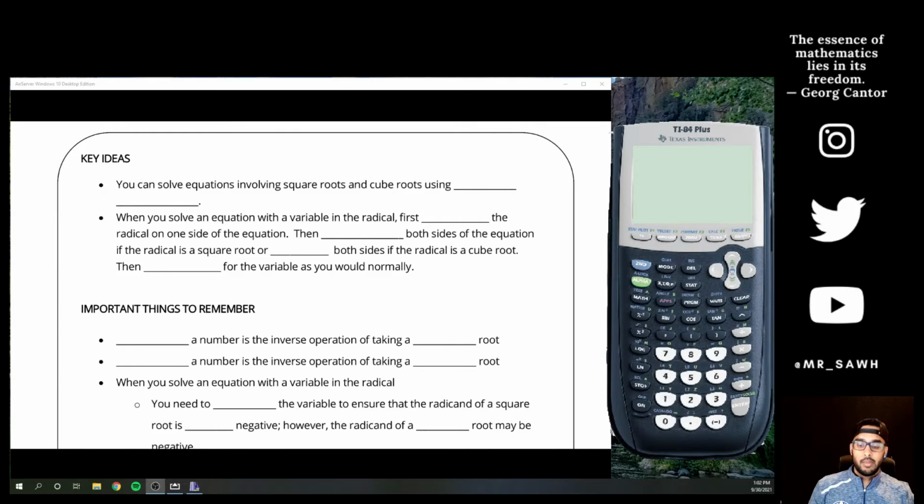Alright everybody, welcome back. This is our last lesson on radicals, where we start to talk about solving radical equations. We talked last time about simplifying some of those expressions, but now we got to put everything together and start